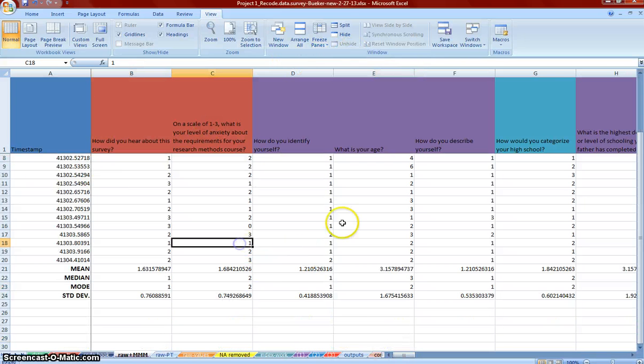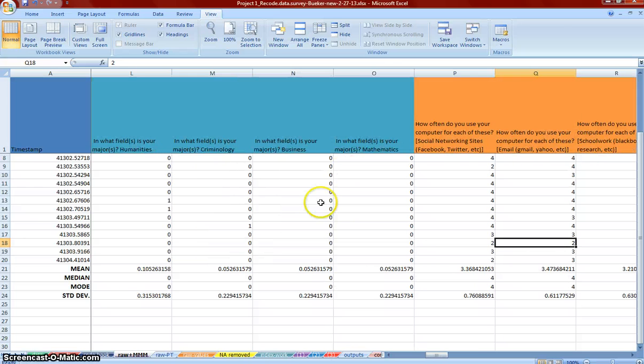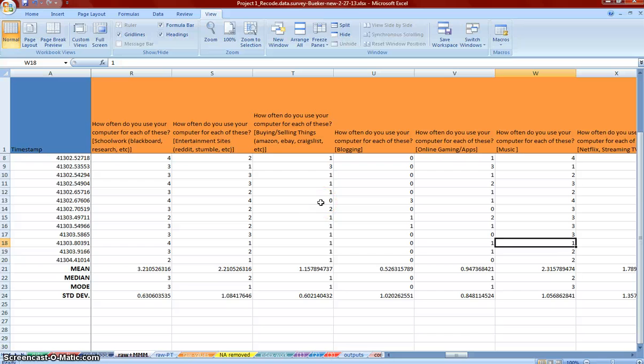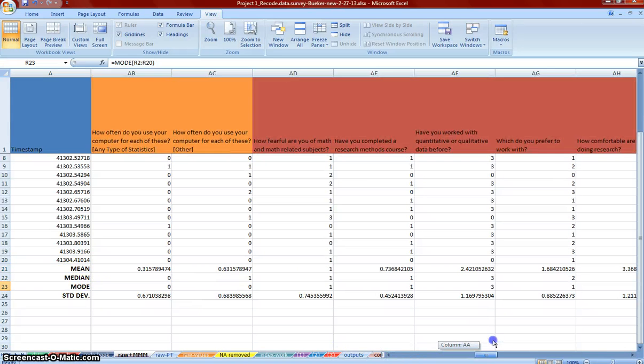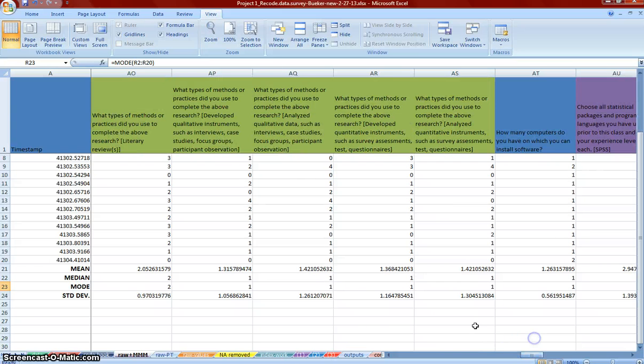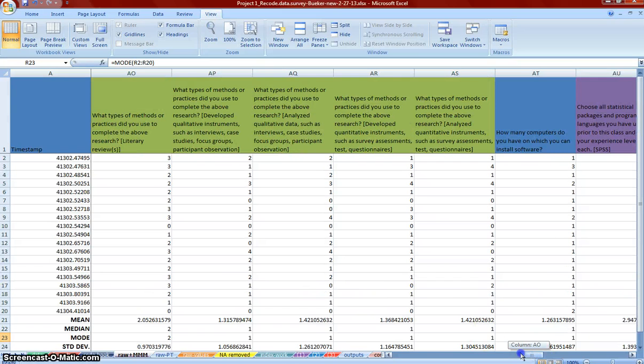Okay, so now that we're going to go through the questions, we're going to just go over, and through that you can see the timestamp right there and the mean, median, and mode. So since I've already calculated these, when I'm going through and looking at them, I can see this, oh well, this is the mean because it's right there, and I won't have to scroll all the way back over here. So that is a few of the simple tricks to Excel,